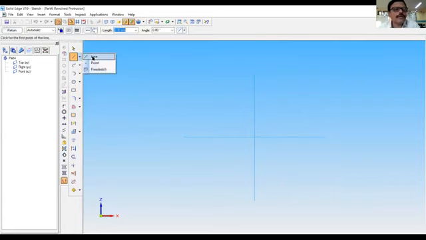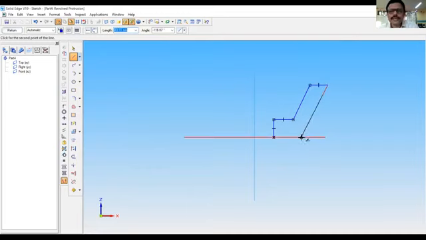So let us start from here. It's very easy. First draw the basic shape, then give the dimensions. So let us do the dimension now.